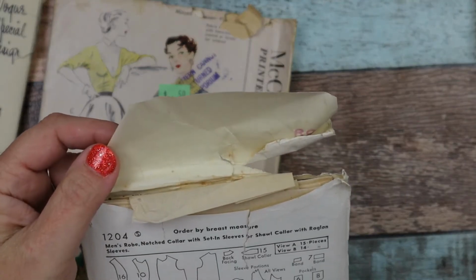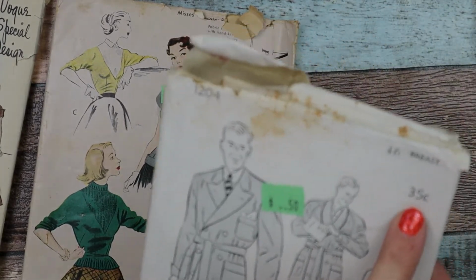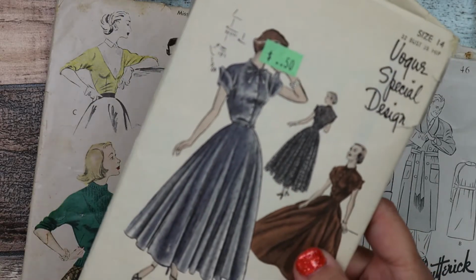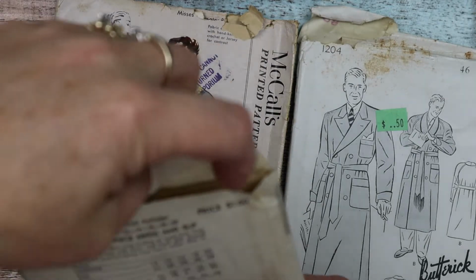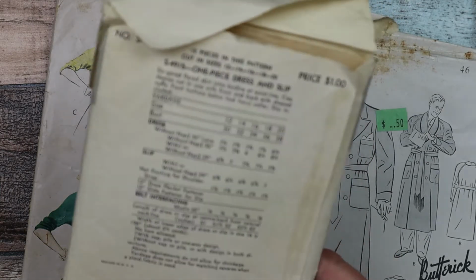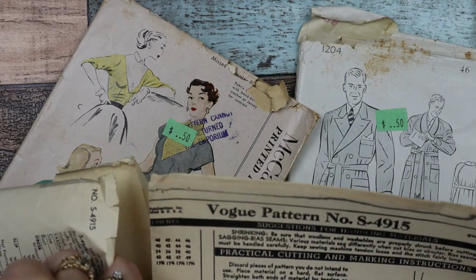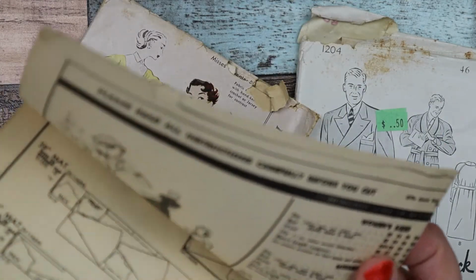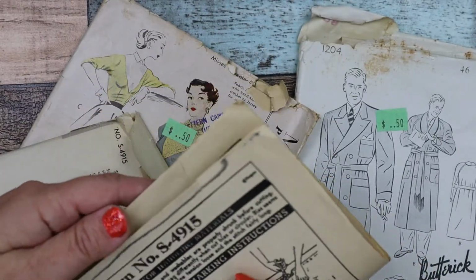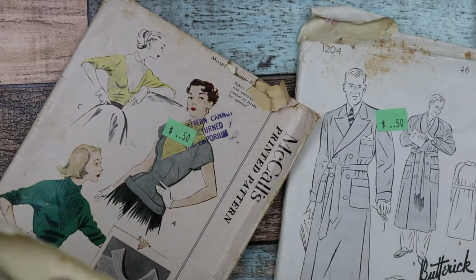But this one, see if I can find a date on this one. This one looks a little different in age. I love this one. I love the font type on this. Okay, this one says Vogue down here. Not sure of the date on this one without taking... Oh, maybe this has a date. Oh, look at that. It's really pretty paper in here. I don't see a date without maybe taking the whole thing apart and looking for it, but I'm assuming...